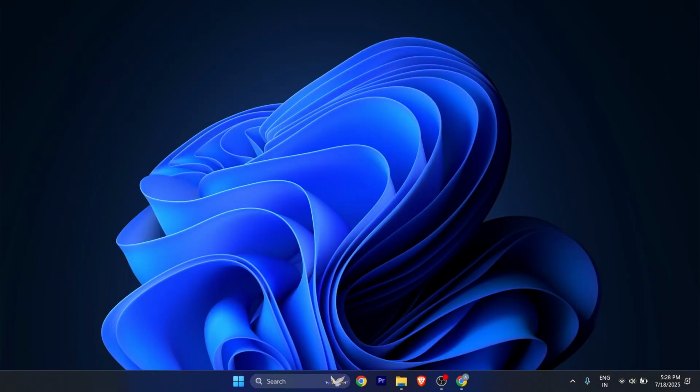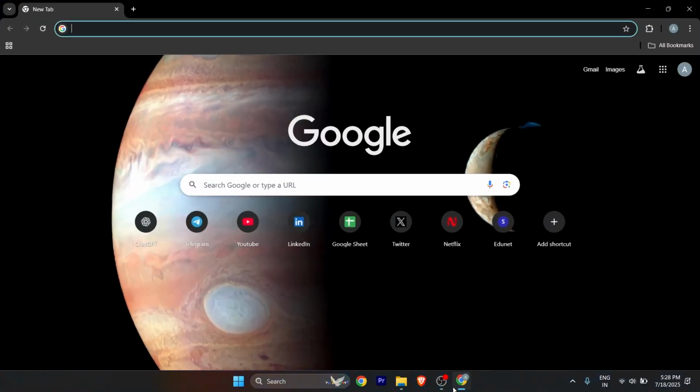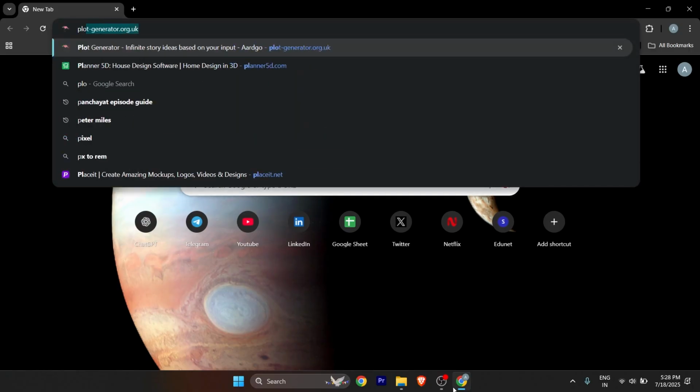In this quick tutorial I'm going to show you how you can generate random movie plots or scripts for free, without using any software, and you can generate them multiple times. Now in order to do it, all you need to do is simply open any browser you have, and here you have to search for